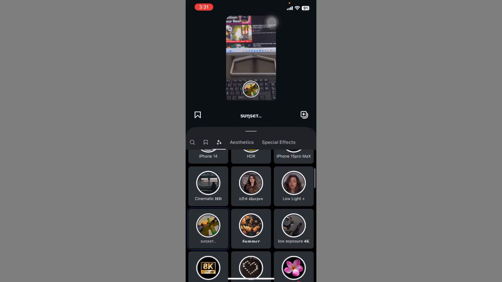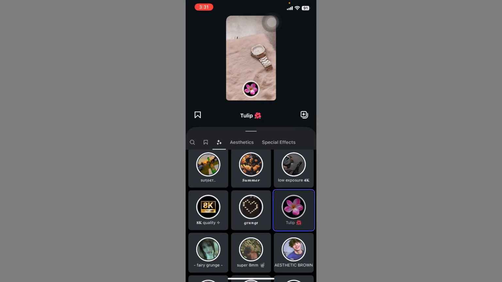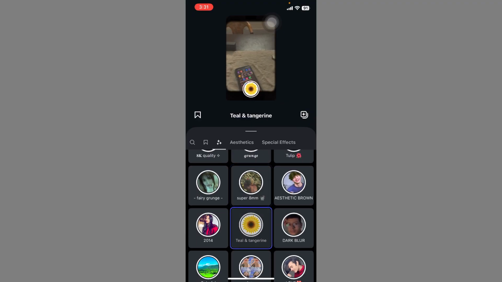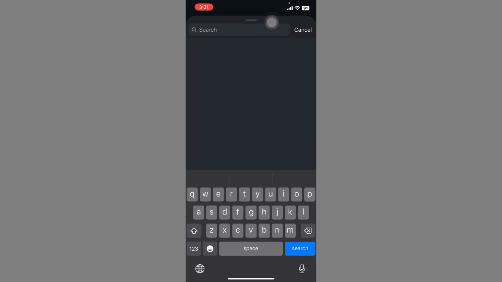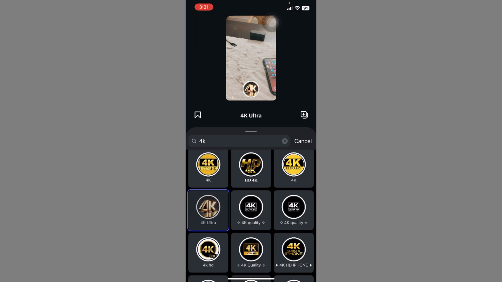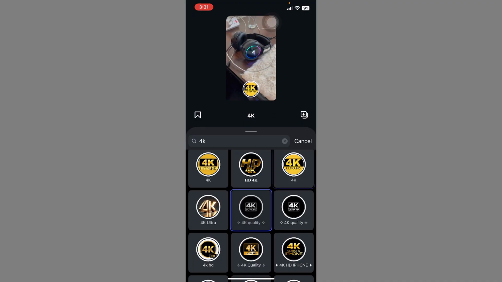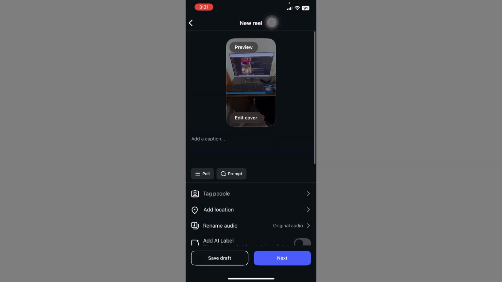then use effect, then use any option, then this option is the search option, then search effect. 4K effect search. Okay, 4K Ultra, then 4K Quality, then 4K. Just click, then use, then next, then